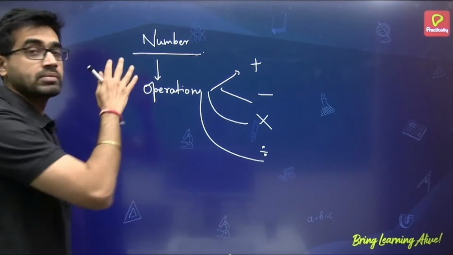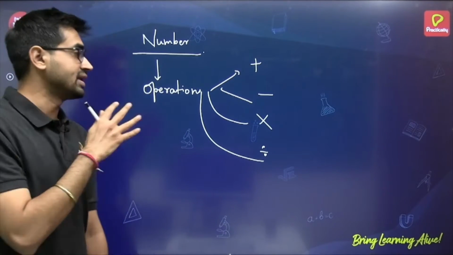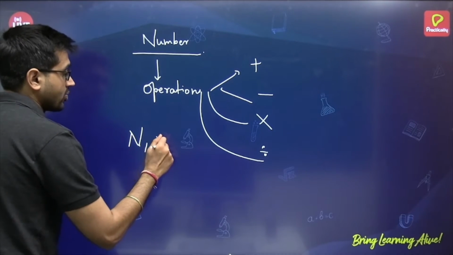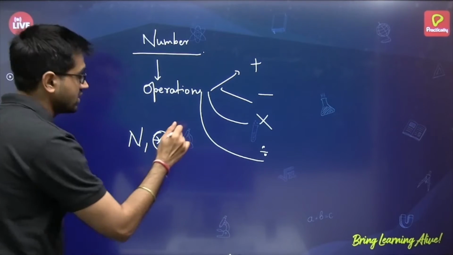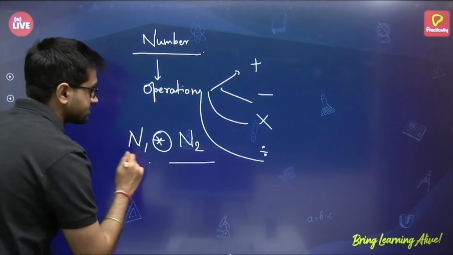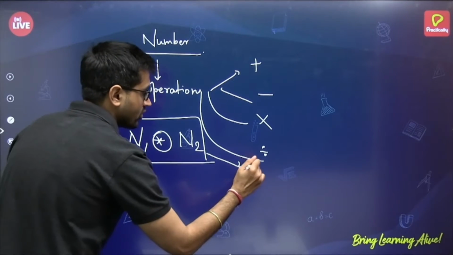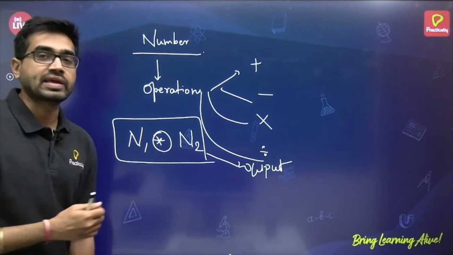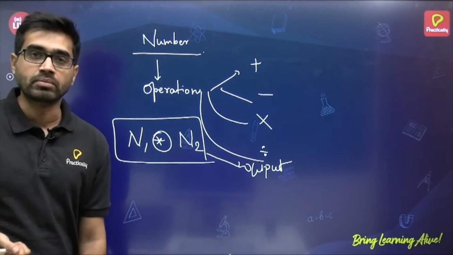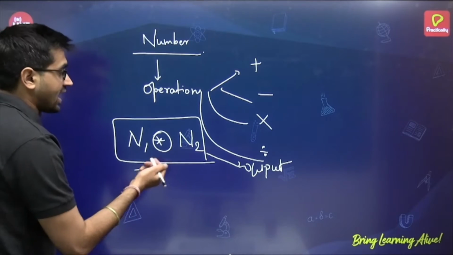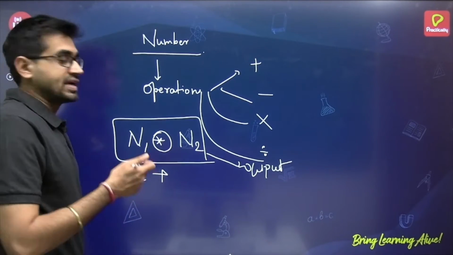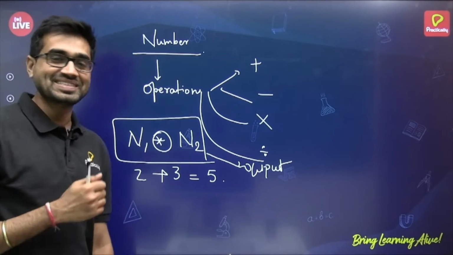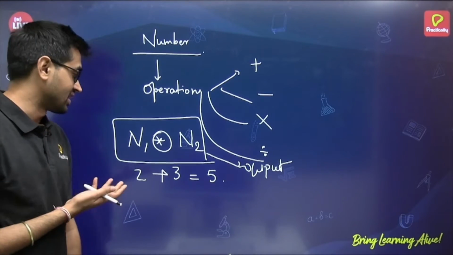When you take a number, any number, I'm not talking of any particular set of numbers, any number you take, let's say number n1, and you take an operation, this is just an operation symbol, and you take another number n2, you get a certain output. Now this output can be easily found depending upon the value of the number. So let's say if I take the number 2 and if I take the operation as addition, then I will get the output as 5. Such an easy thing. It doesn't feel as if it is tough, correct?